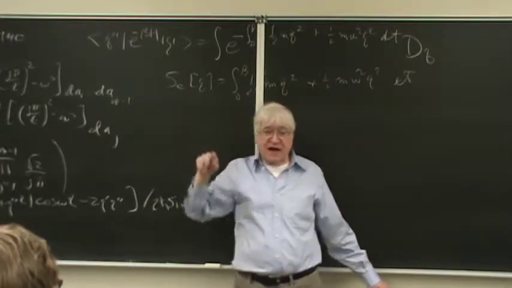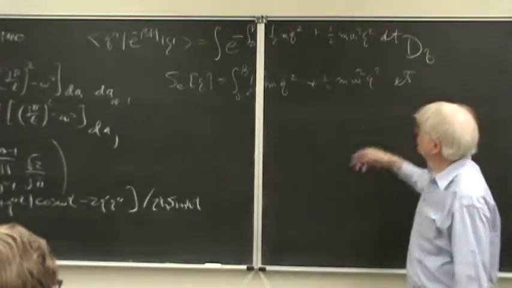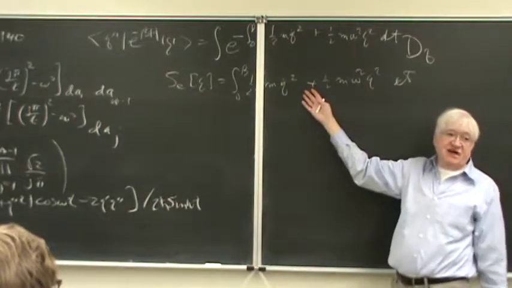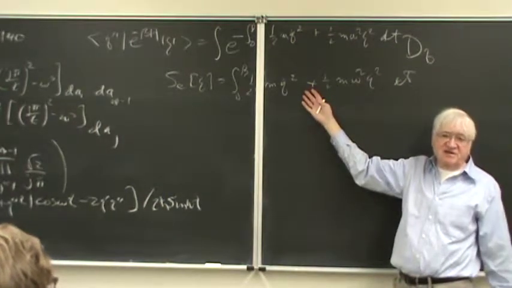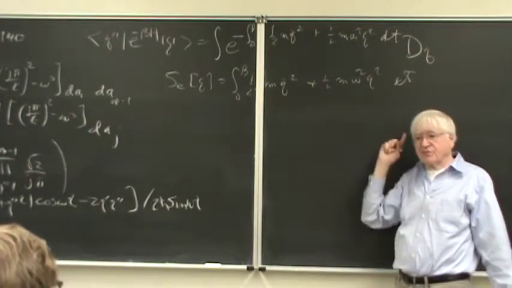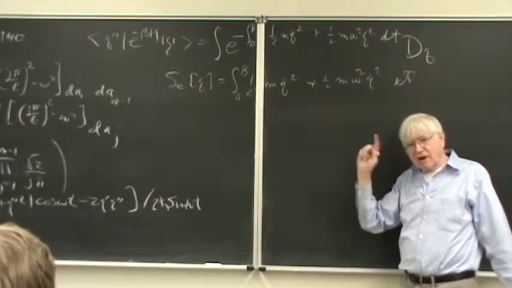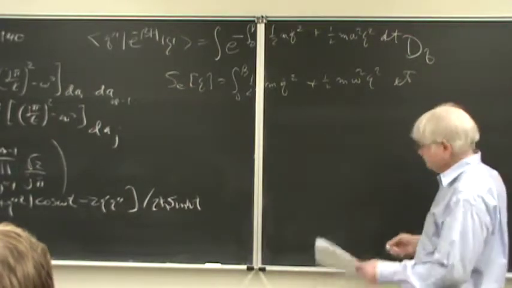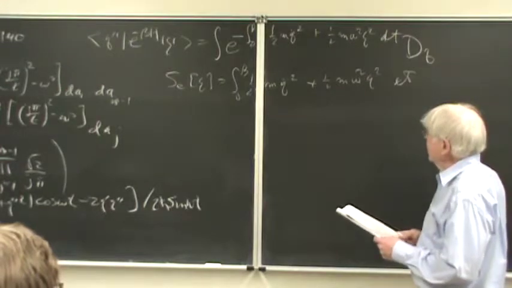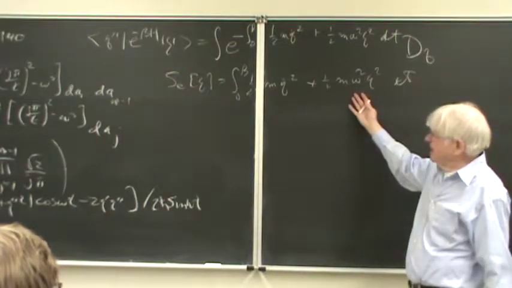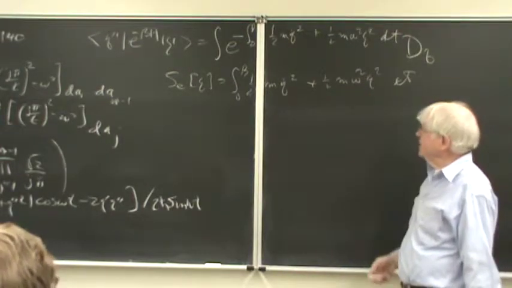Okay, so it has to do that. Otherwise, you could get just 0 for this thing just by having q equal to 0 and letting it sit there. But it has to go from q prime to q double prime in time beta. Okay, so what we have to do is minimize this,